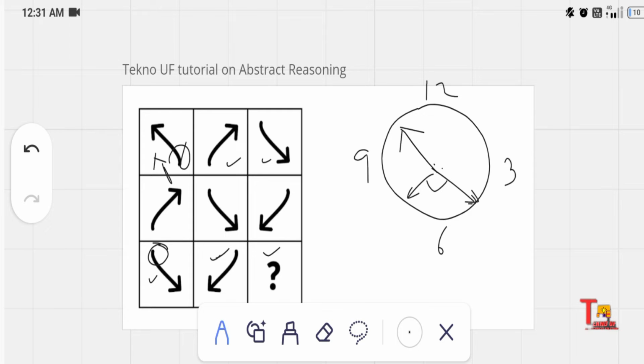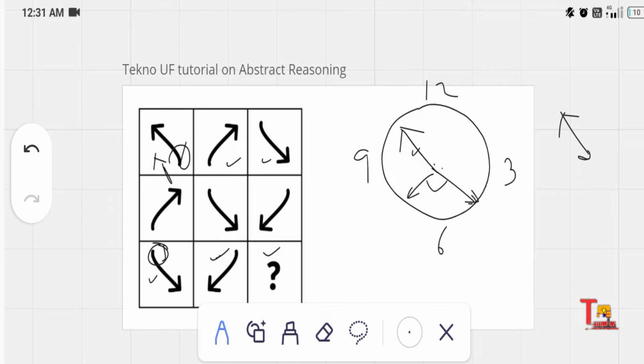So if this is the desired direction, then the arrow should be directed to the 9 to 12, okay, and the tail should be here,